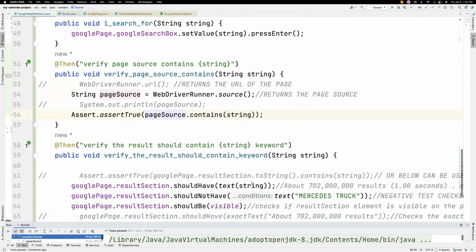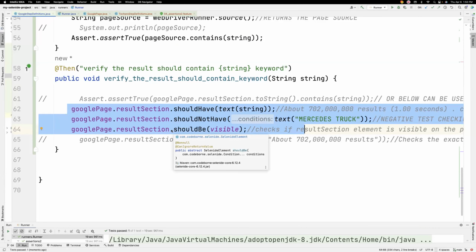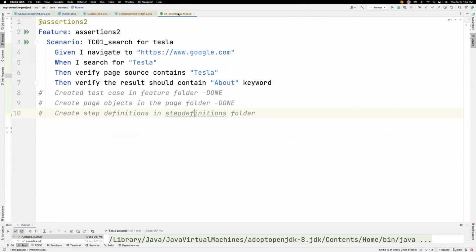We can use Selenium assertions or Selenide assertions, which is preferred in this case. Okay. So one last thing, and we are done for today. So one last thing is,